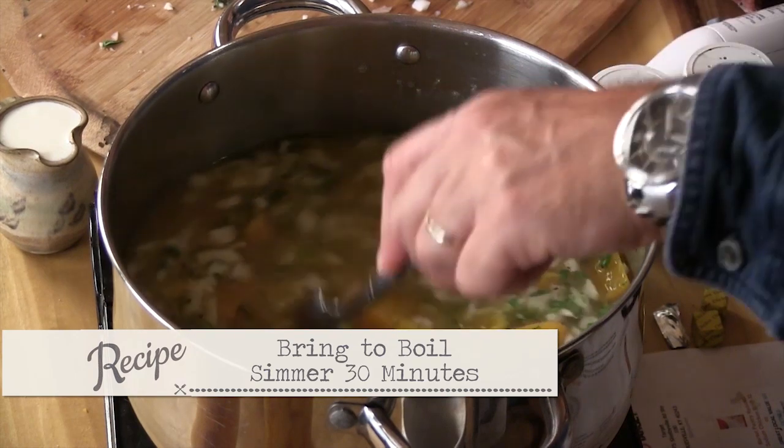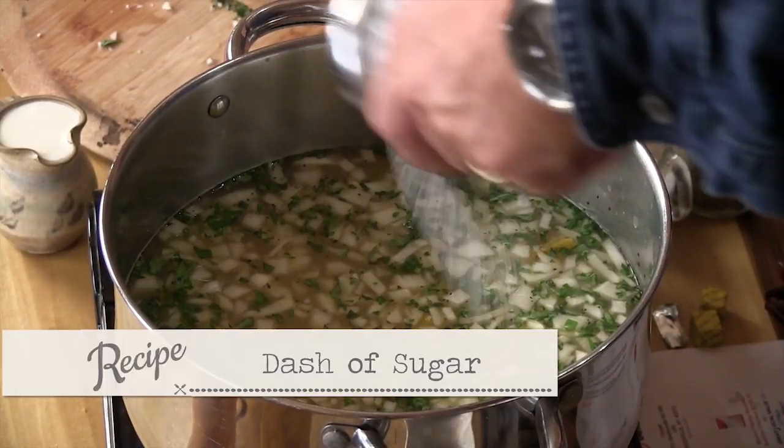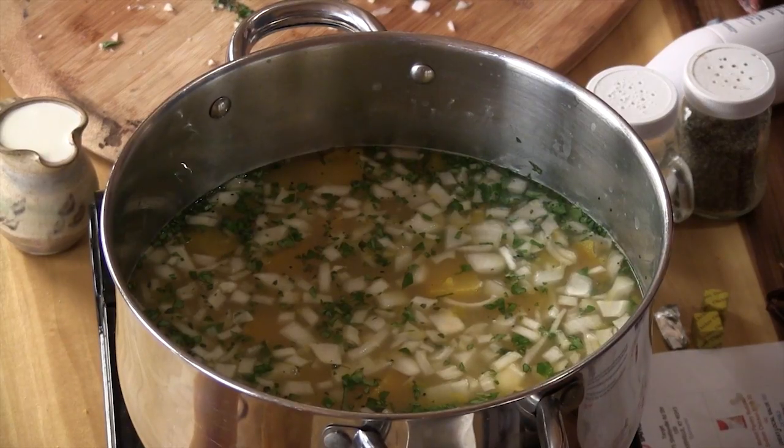All right, now we're going to let that come to a rolling boil. Then we're going to back it off and let it simmer for about a half hour. Now, I'm going to come back with just a little bit of sugar. You'd be surprised at the prepared soups that you eat that have a little bit of sugar in them. Once it starts to boil, we're going to back it down, let it simmer for a half hour, then we're going to come back and